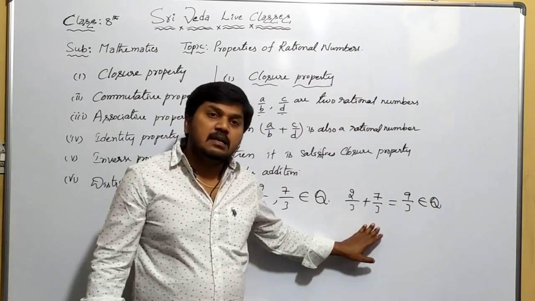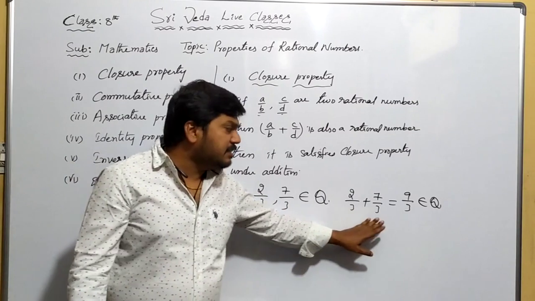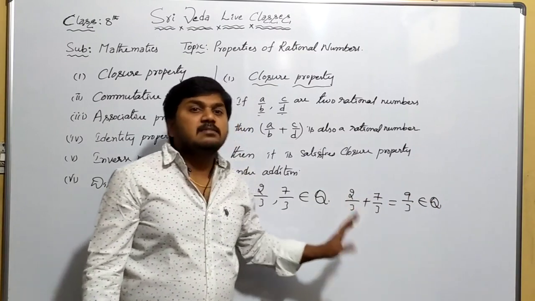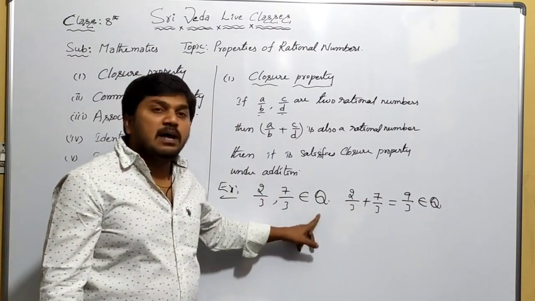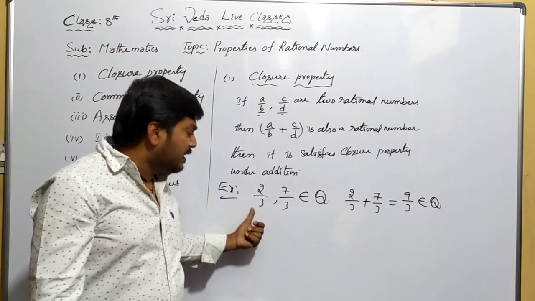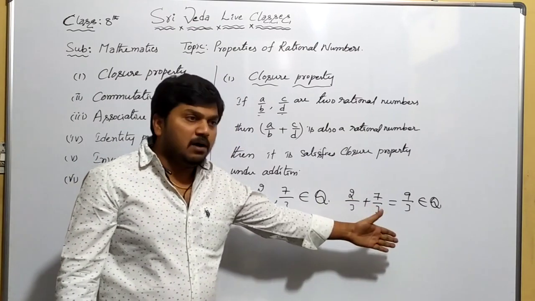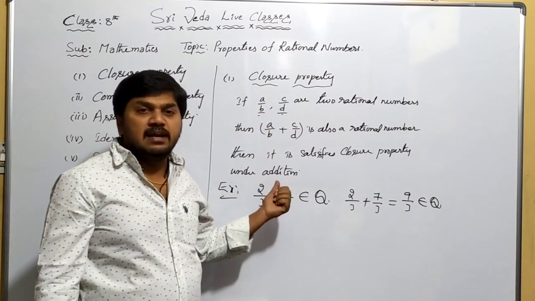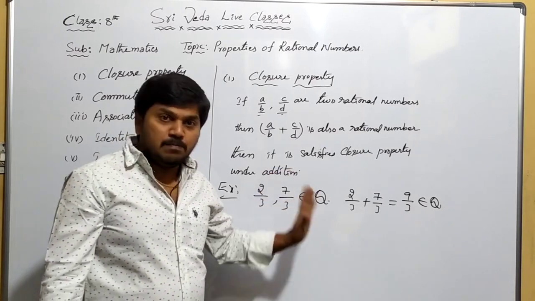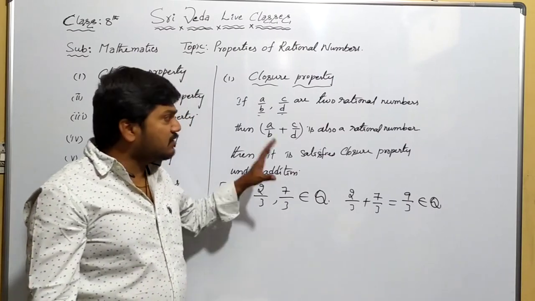So what do you say? We are taking two rational numbers from a set of numbers. Their sum gives a new number. That new number is again a rational number, then we can say that the set of rational numbers satisfies closure property under addition. In the same way, under subtraction, if we do the subtraction and get a new number that again belongs to the same set, we say it is closure under subtraction. If multiply, under multiplication. Division, under division, right? So understood now what is closure property?